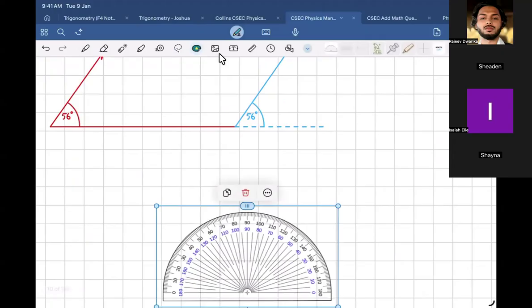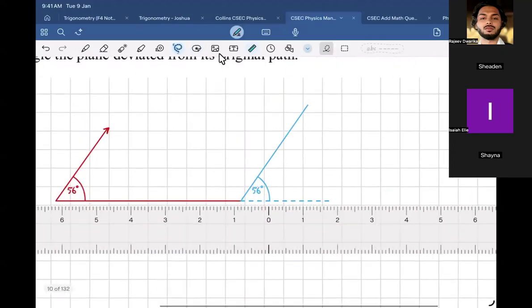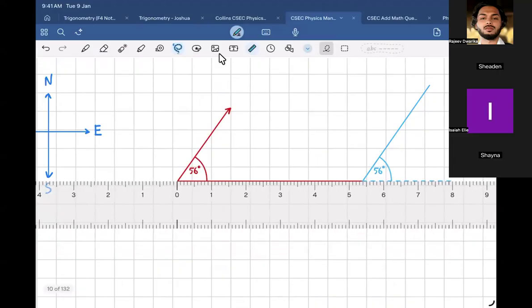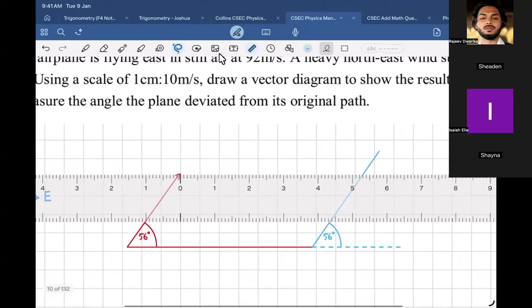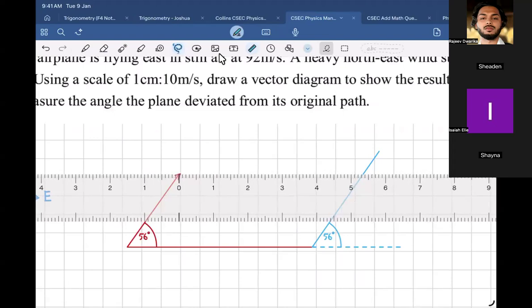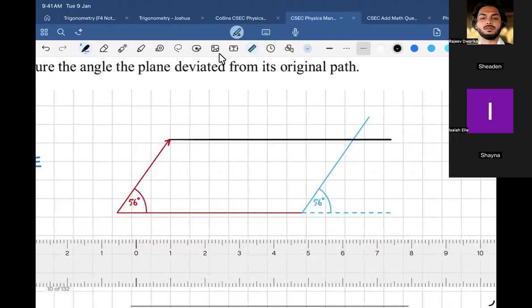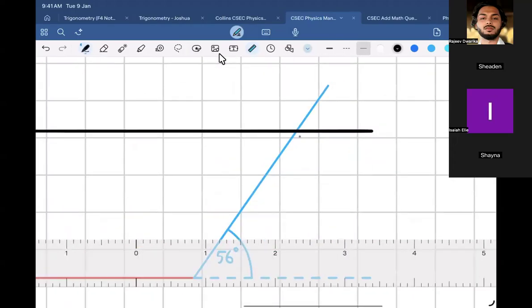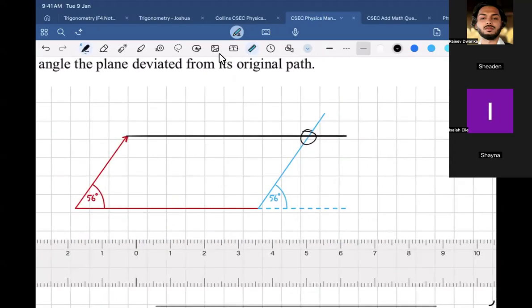The next thing is you're going to measure the bottom line. So Isaiah, how much is it looking like? Looking like 5 point what? 5.4. A little before 5.4. 5.35, yeah. Matter of fact, you didn't even have to do that, because when you draw this line, look what's going to happen. You realize what's going to happen, right? You see what happened?